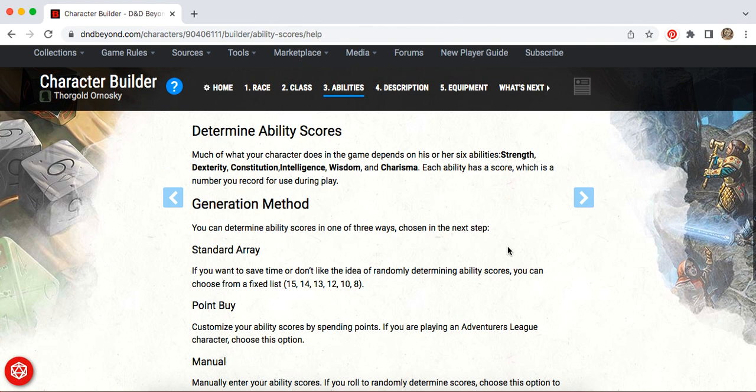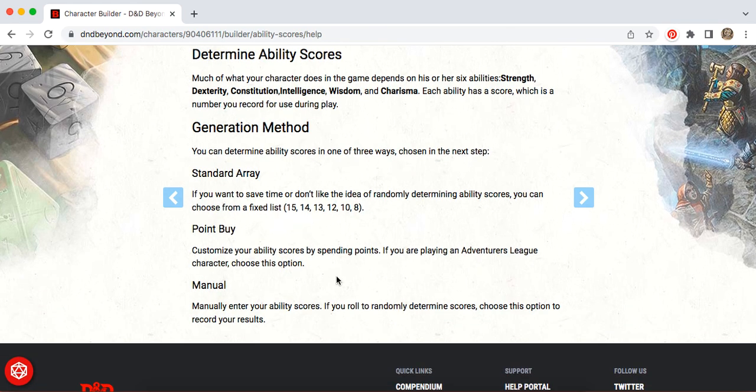Let's see. And now I can determine my ability scores. And let's see. There's different ways. Usually, I manually enter ability scores by rolling, and this is going to say my strength, my dexterity, my constitution, my intelligence, my wisdom, and charisma. But for this, you can go different ways. There's a buying system which I've never liked. There's a manual thing where you roll dice and you collect a bunch of scores, and then you decide which you'll attribute to. Like a monk, I'm going to be really dexterous, so if I have a good roll, I want to put that in dexterity. But right now, I'm just going to go with the standard array because this makes for a nice mixed character. So I'm going to go with a standard array.